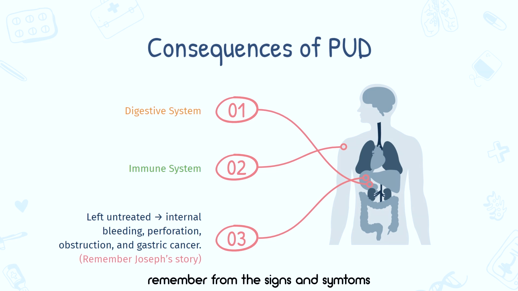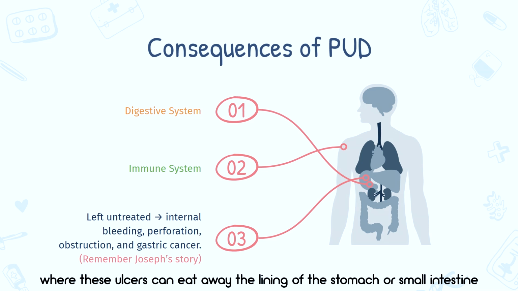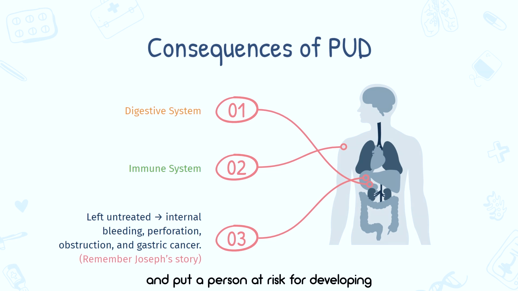Remember from the signs and symptoms, we said that ulcer disease can cause bloody vomit or black stool. There is a perforation, a hole in your stomach wall, where these ulcers can eat away the lining of the stomach or the small intestine and put the person at risk for developing peritonitis, which is the infection of the abdominal cavity. Moreover, it can cause an obstruction where it blocks the passage of food via the digestive tract,